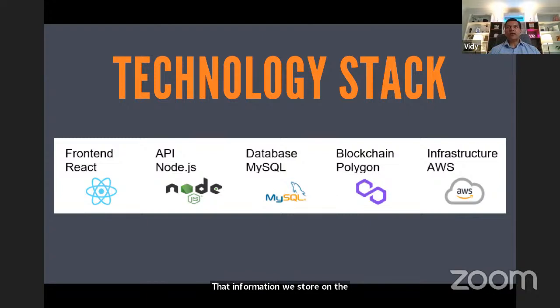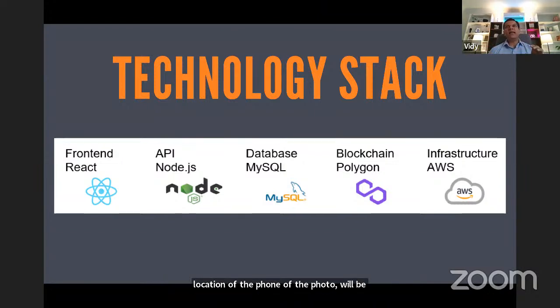So in a sense, any information that this software is capturing is recorded in the relational SQL database. But some of that information, which has to go to the blockchain, we send to the blockchain. So imagine a smart contract. When we have written the smart contract, it says capture the QR code from the pipe and save it on the blockchain. So that will execute that way. Once the QR code is scanned, that information, the GPS location of the phone of the photo, will be transmitted to the blockchain.